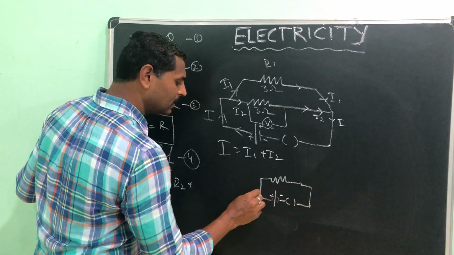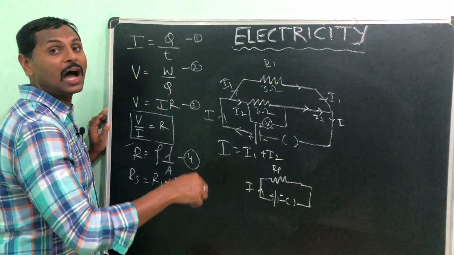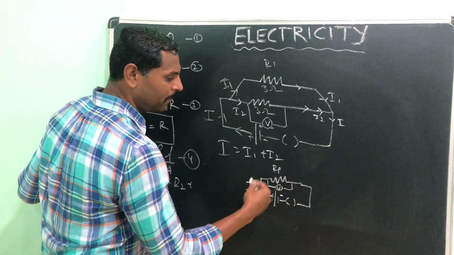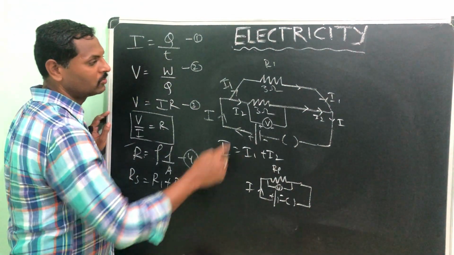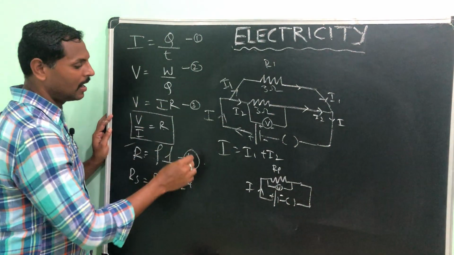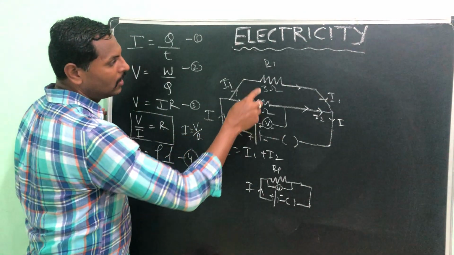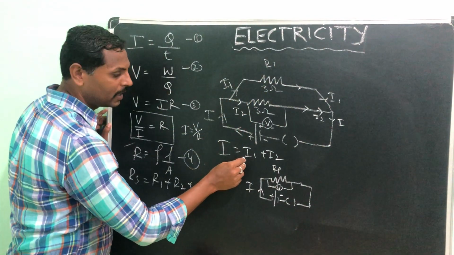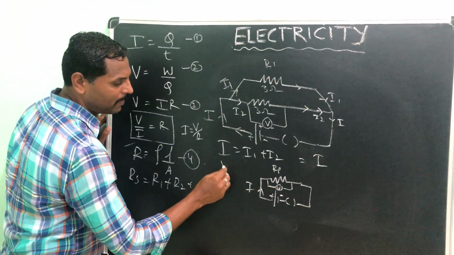So here plus minus current I, here it is the effective resistance I am taking as RP, resistances in parallel, and this is our voltmeter, voltage is the same, only the current is dividing. Okay, here I is equal to I1 plus I2. So once again the same, take Ohm's law, I is equal to V by R. See here, I is equal to V by R. Here I1 is equal to V by R1. Okay, here I will substitute that. I is equal to what is here now? V by RP.